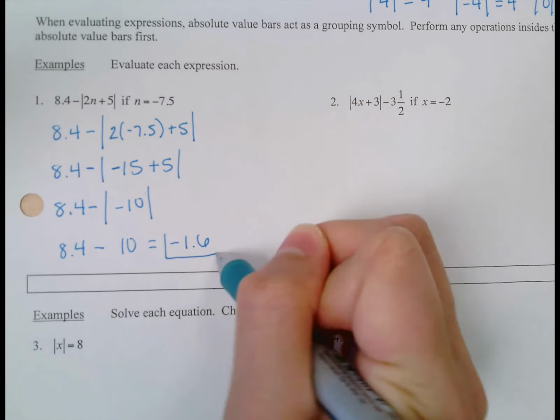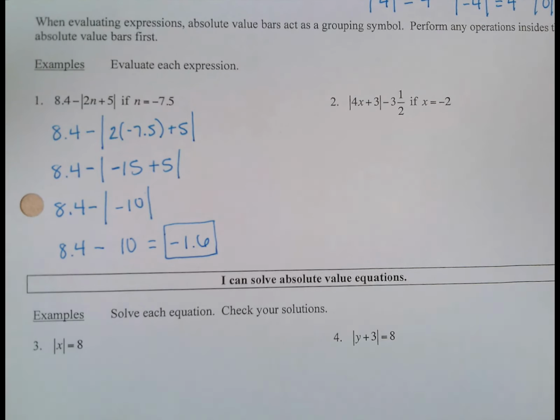So also be careful in that second to last step, you can't distribute inside of an absolute value bar. So these two negatives here do not change to become a positive. If you did change it that way, you would get a different answer, which wouldn't be correct. So make sure that you're taking that absolute value first before you're applying any symbol outside of it. Questions on example 1? All right, I'm going to have you do